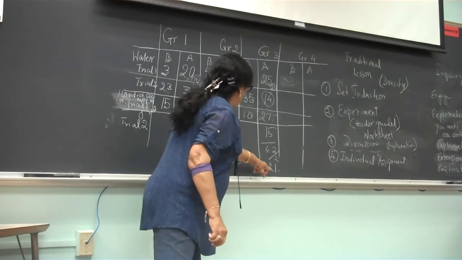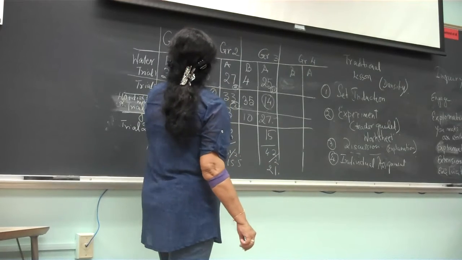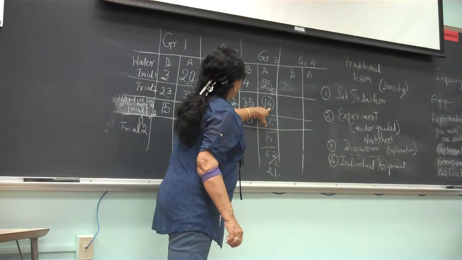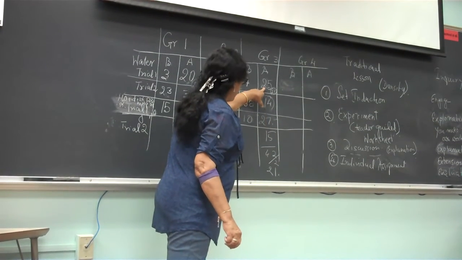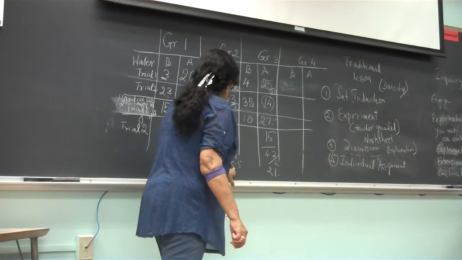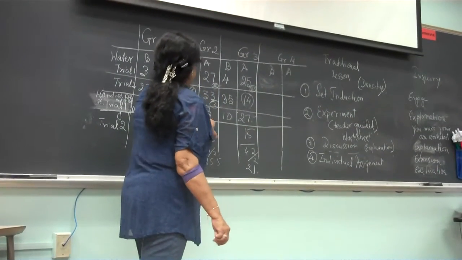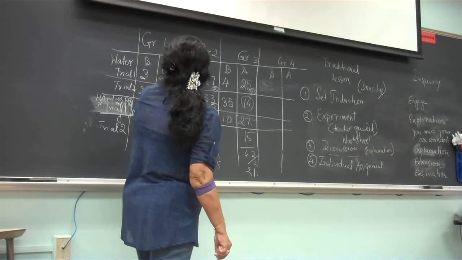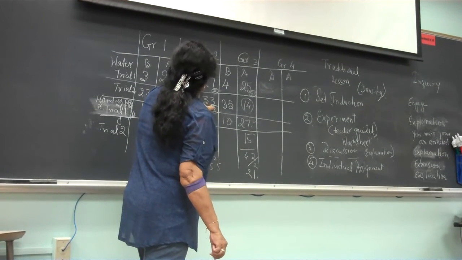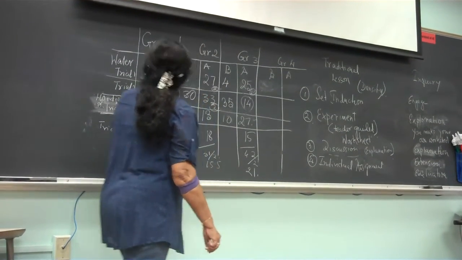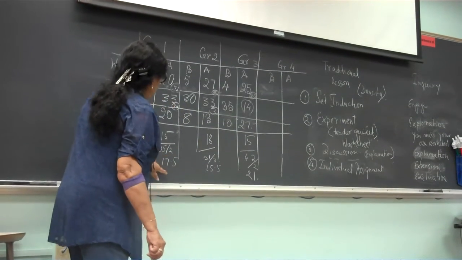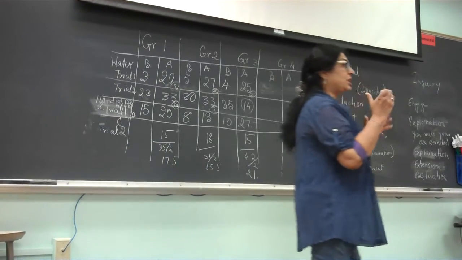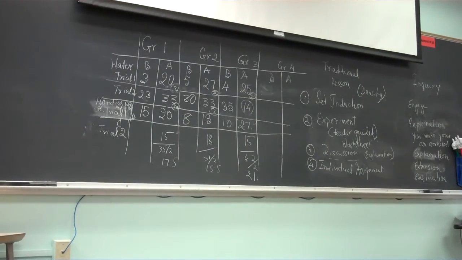Now if you compare these numbers with your trial 1 numbers, this one obviously had some experimental error, but in trial 1 it had 25 and now it has 21. Here it is 15.5 and here it was 13. Here it was 33 and now it is 15.5. Here it was 33 and now I have 17.5 for this group. So you can see that the dishwashing liquid is changing the density, which means